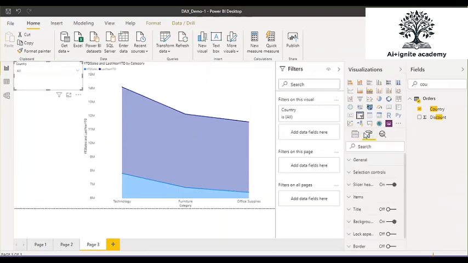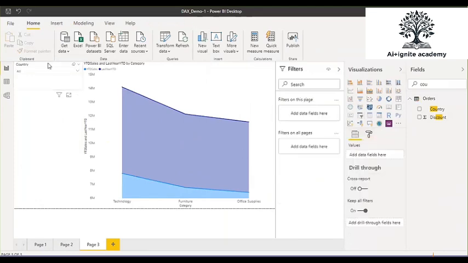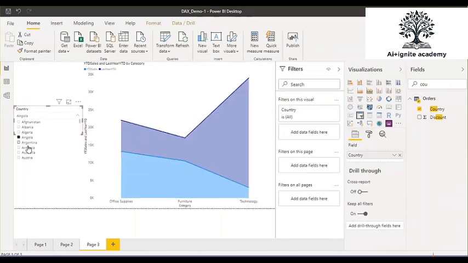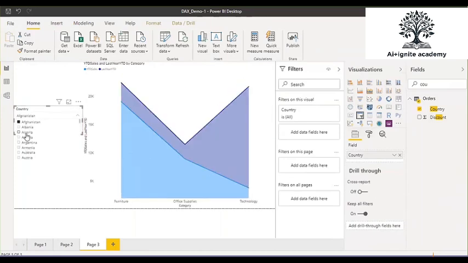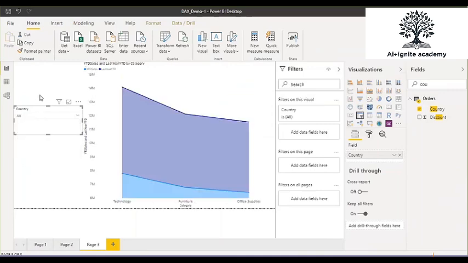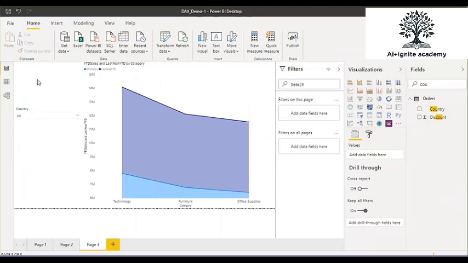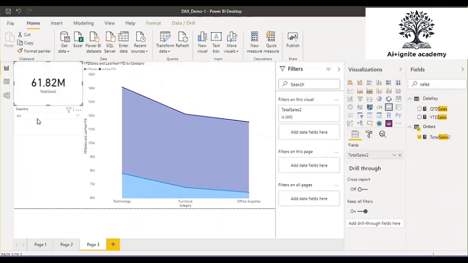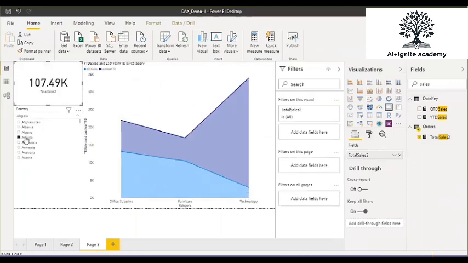Okay, in this country slicer, now what I want, I will select the country here, right? Like I selected this country here, and based on the selected country, it's filtering the data for the current year sales, or the last year sales. Correct? What you want here, you want to show the total sales for the country. So you add this card visual. In this card, you are showing the sales. This is your total sales. You are selecting country, value is filtering, correct?